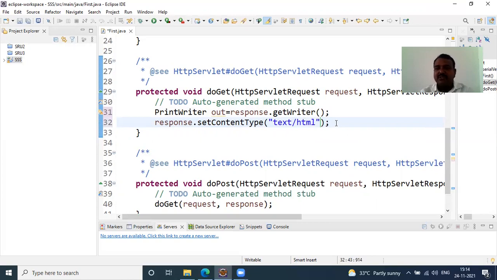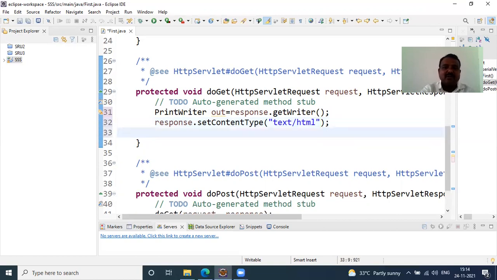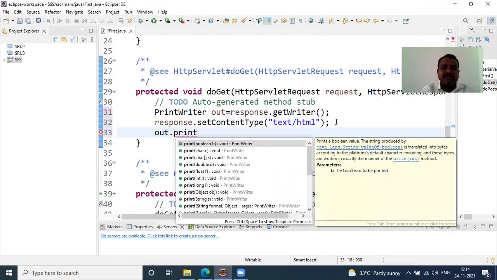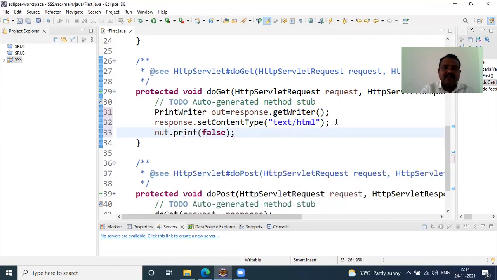So now we specify the type of data that can be sent from the servlet to the client. Now we have an output statement called out.print, which is an output statement in your servlet. Then I write here, hello world. Right now, I save my document by pressing Control S.